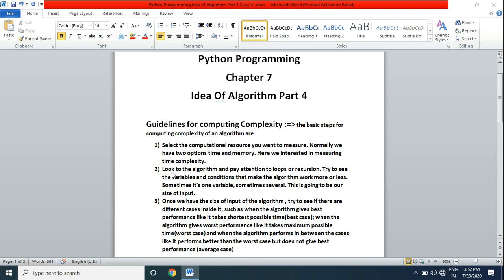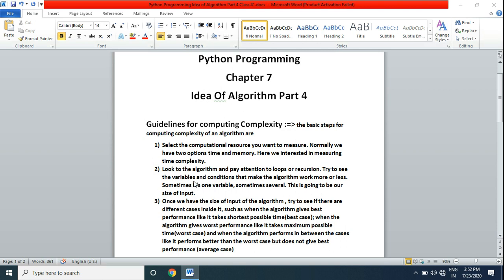Second step is to look at the algorithm and pay attention to the loops and recursion. Try to see the variables and conditions that make the algorithm work more or less. Sometimes it's one variable and sometimes several. This is going to be our size of input.